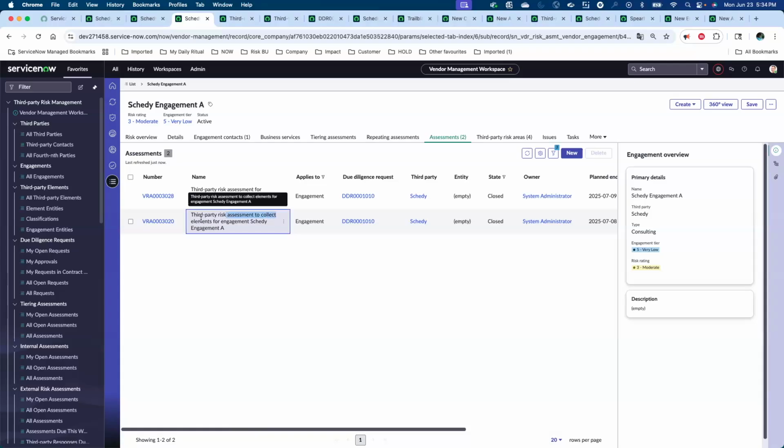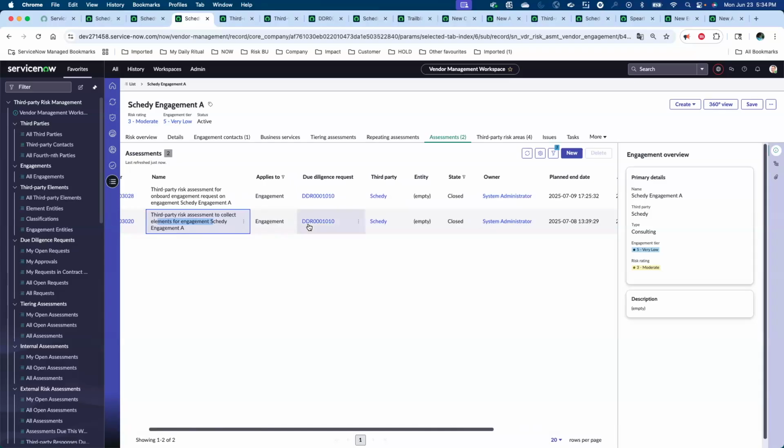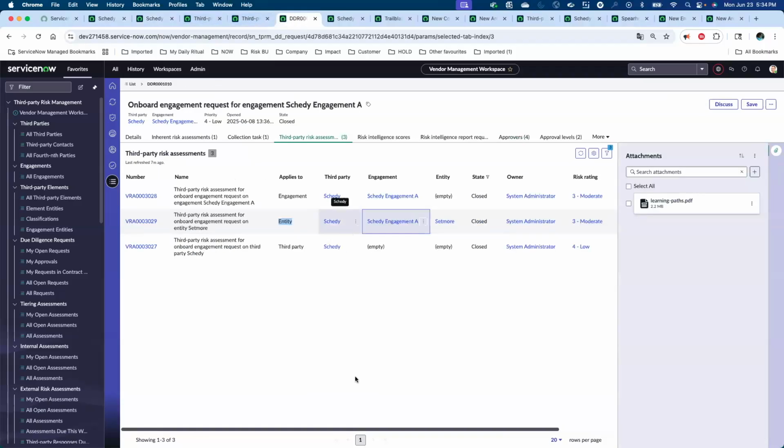It's collect elements. This is not risk rated. You're just doing a collection. But once you complete the collection, you send out the assessment for the entity within the due diligence record. This is part of the third-party engagement A. Therefore, it is still accounted within the engagement from a roll-up perspective. So that's the key point to note here in terms of how